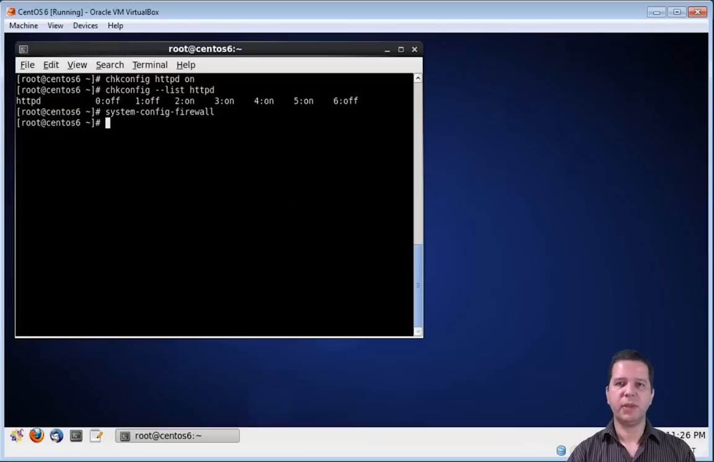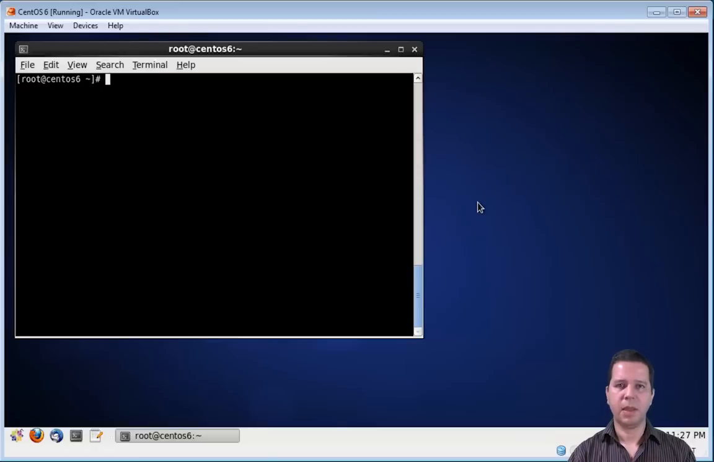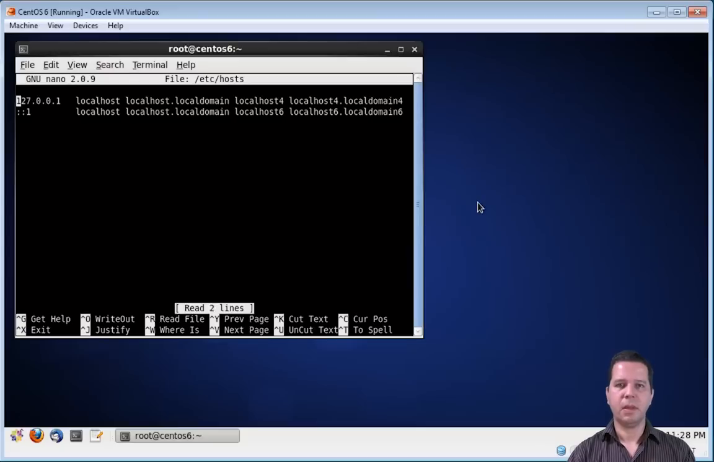Finally, we need to edit the hosts file. Let's clear the screen. Now, using nano again, we're going to edit the /etc/hosts file. The name of the file is just hosts without any extension. Press enter. This file has a bunch of stuff here. Don't mess with it. Just go to the end of the file and type the following: